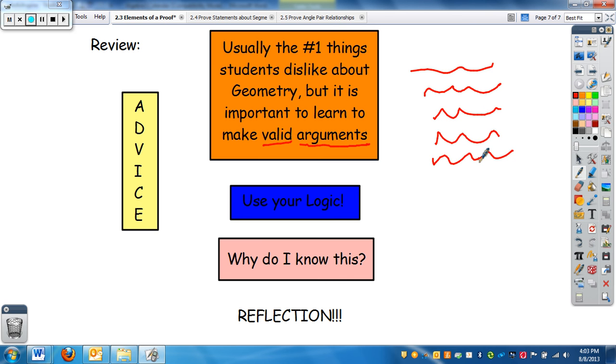And since geometry is made up of theorems and stuff, we need to know why things are true to prove your point. Again, use your logic. Why do I know this? Really ask yourself, why do you know this? Why do I know this statement is true? Again, it's going to be tough. It will get easier. I promise you,